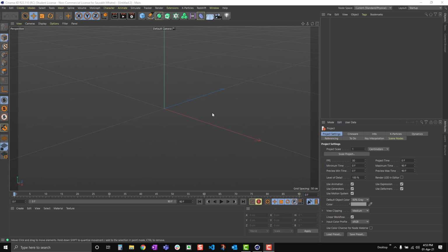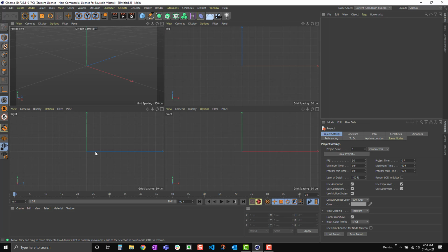Let me show you a quick way to have a simple setup for rendering using 2 lights and a camera. Lighting is super important to get a really nice realistic render. So let's start. I'm going to start by going on the side view,